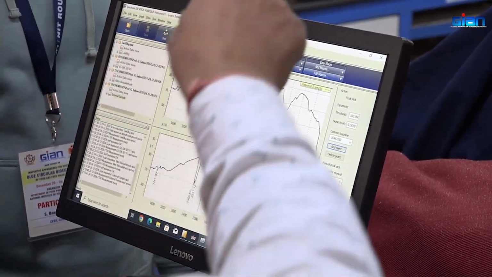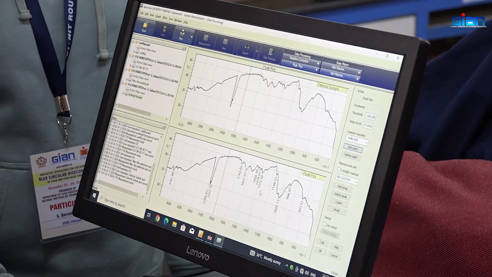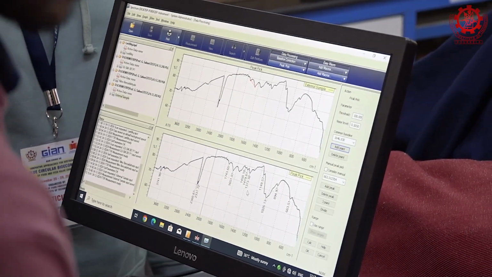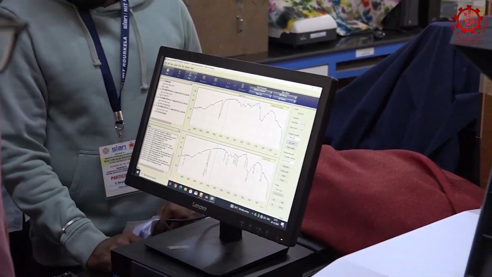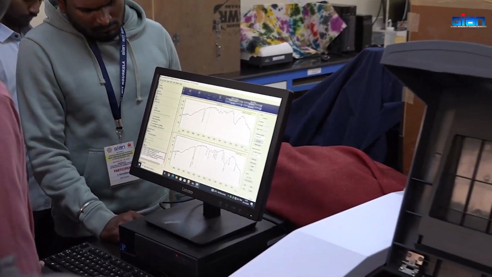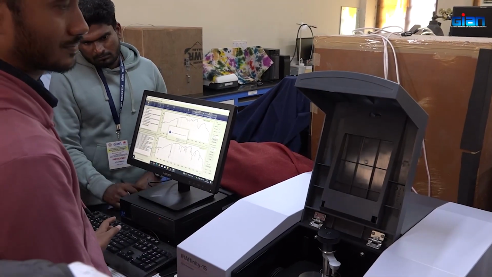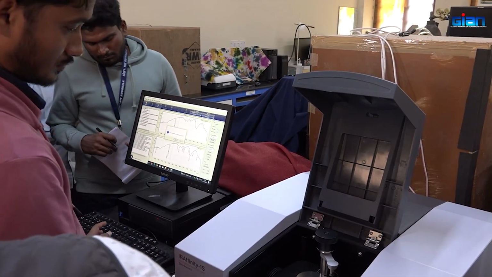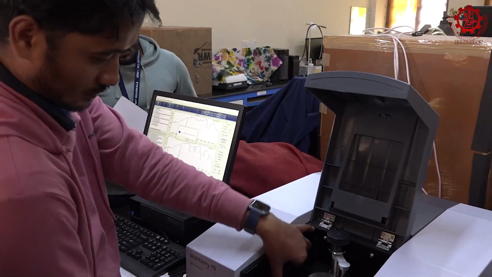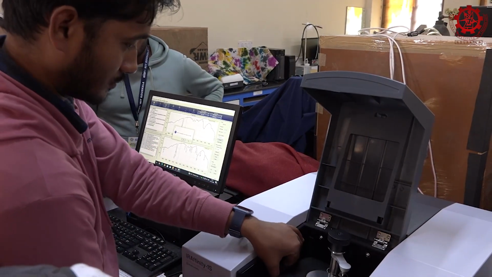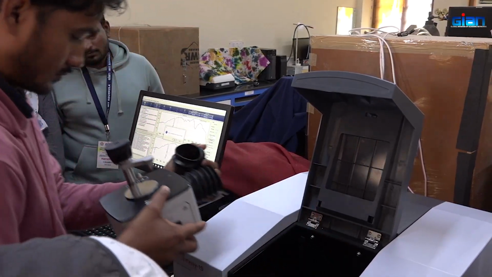Maybe we can show that KBr pellet and okay. Sorry. Now I will show you there is another way we can do this experiment, which is the use of potassium bromide. I just told you potassium bromide is so heavy that it does not absorb